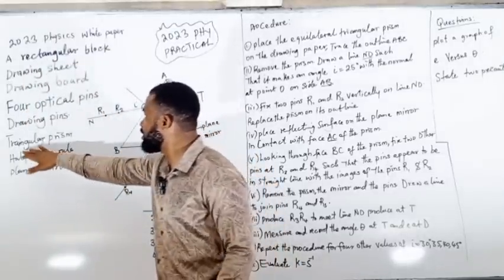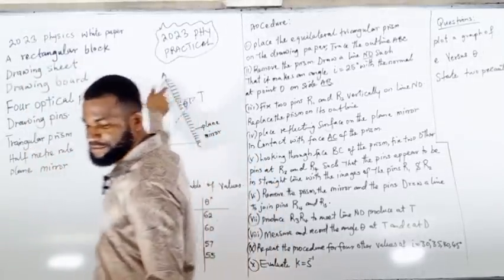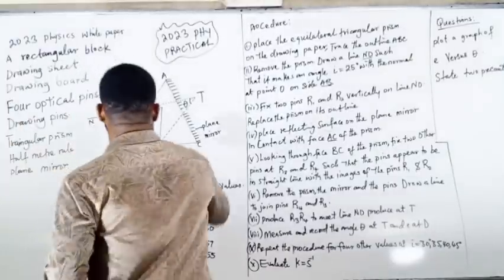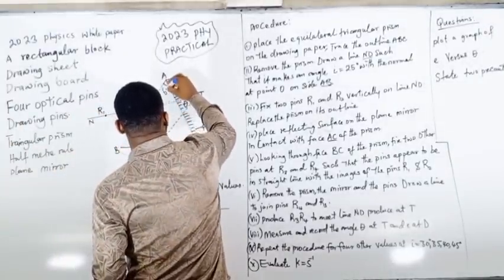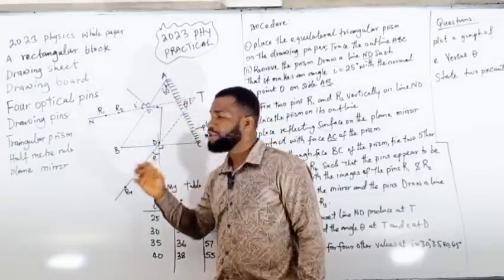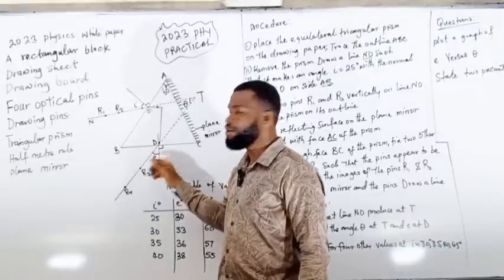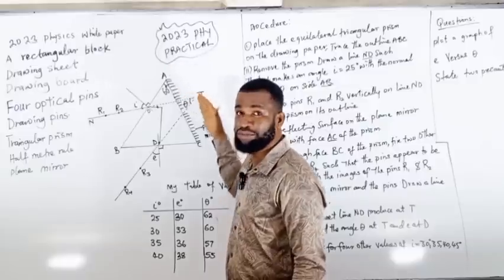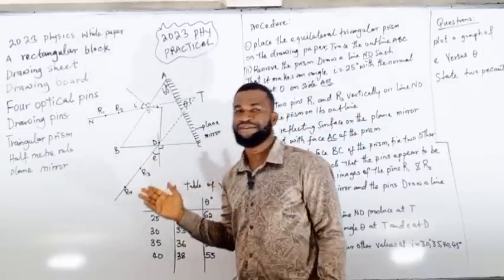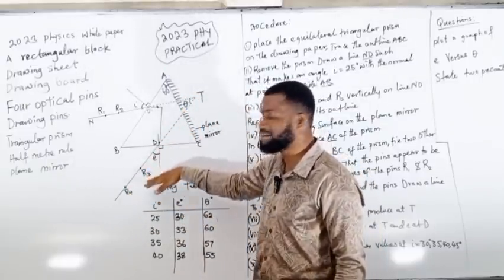So I think the one they will be provided with should be 60 degrees at this point. The critical angle should be 42 degrees. So if you exceed 42 degrees, you will no longer see this thing here unless you place the mirror. The mirror is going to act like a surface that can reflect this back